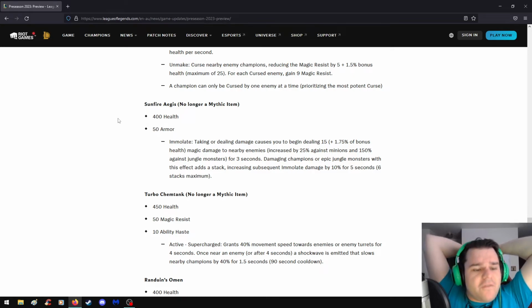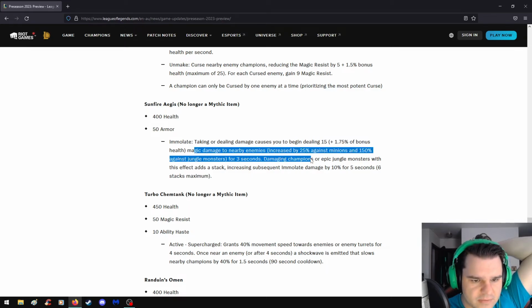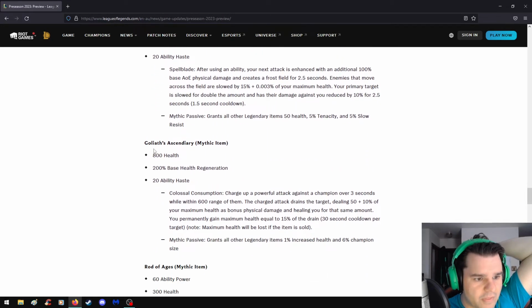I'm so confused. Why are they reverting everything? Sunfire Aegis, no longer a mythic item. 400 health, 50 armor. Immolate: taking or dealing damage causes you to begin dealing 15 plus 1%, 75% of your bonus health, magic damage nearby. Damaging champions or epic jungle monsters with this effect adds a stack, increasing by 10% for 5 seconds. So you mix this with this item, and